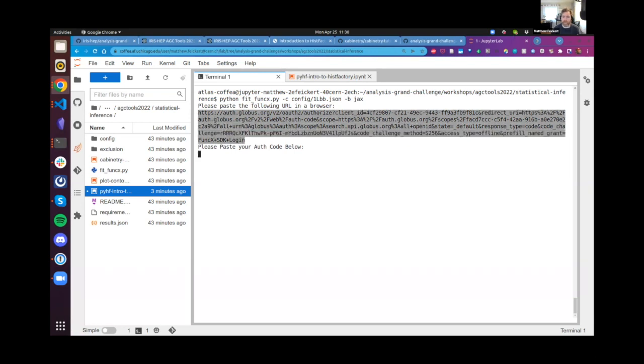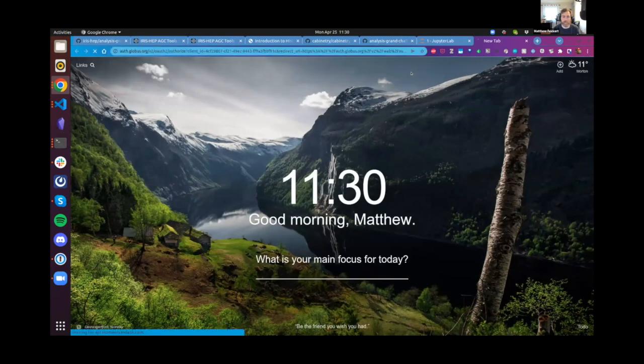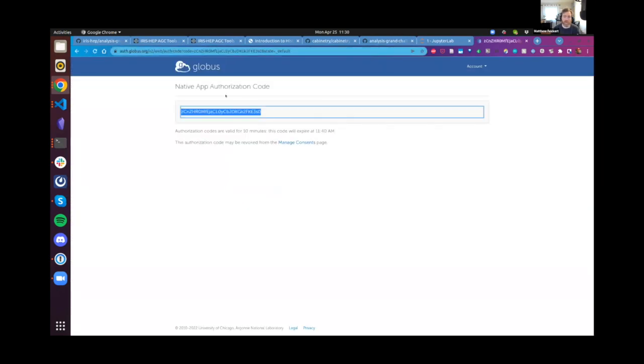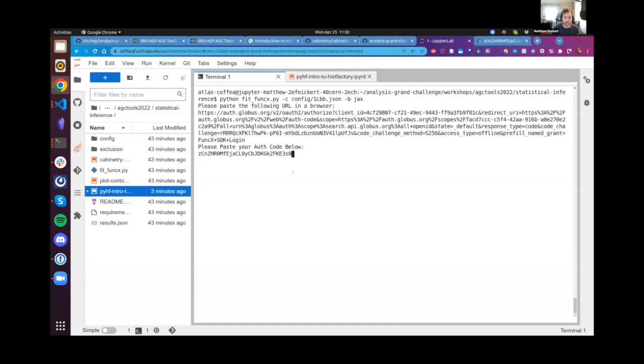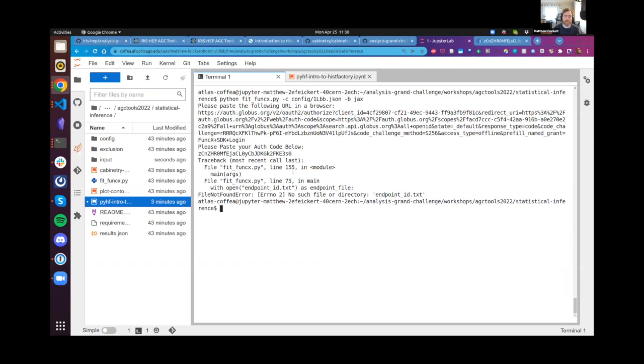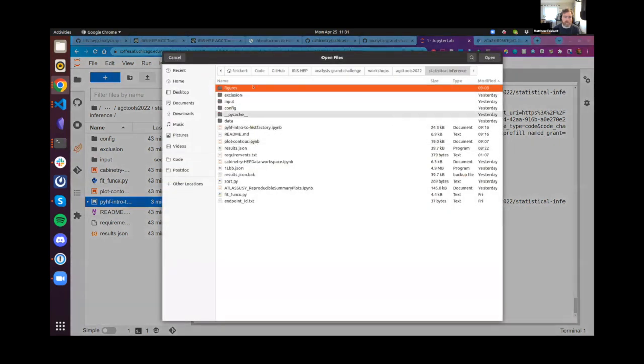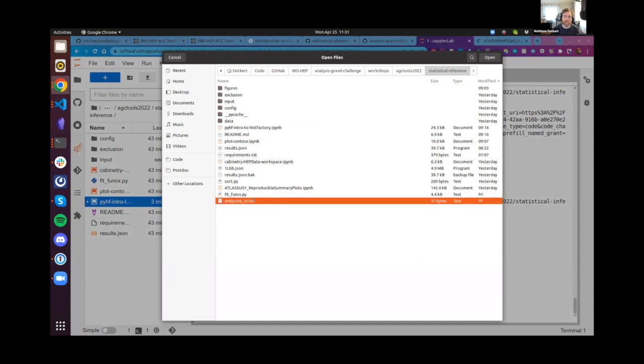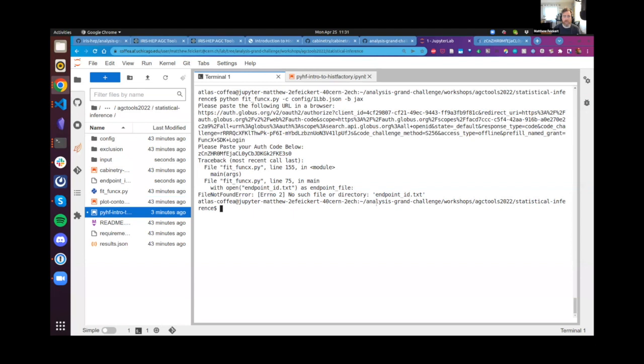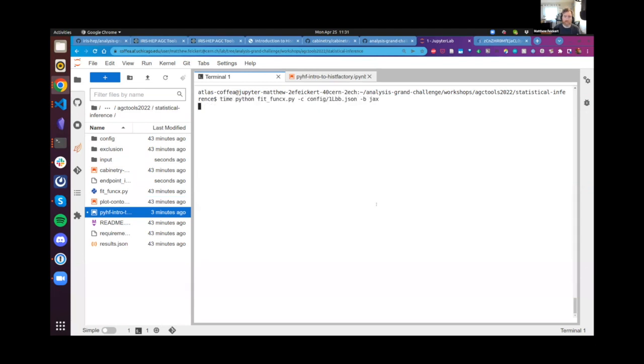Globus is a service that I believe most people should already have access to. I'm already logged in, so I've authenticated, and now I get this authentication key that I'm going to paste in here. Oh, this is also going to fail because I don't have my endpoint. To be able to access the endpoint, you need to authenticate to show that you should be able to get there. So I'm going to upload my endpoint ID that I have access to locally. Here on my local machine, I have this endpoint ID text file. And now if we run this again, and I'll run with time,